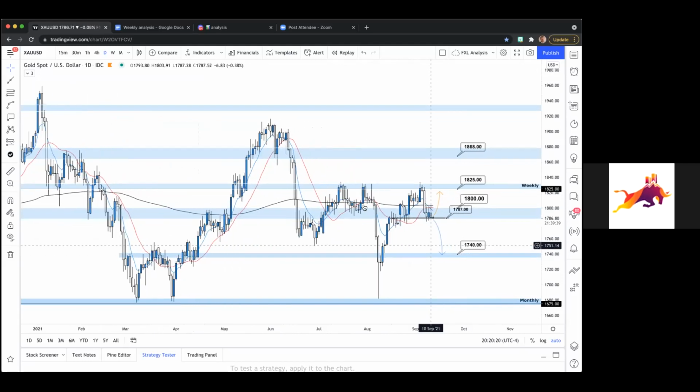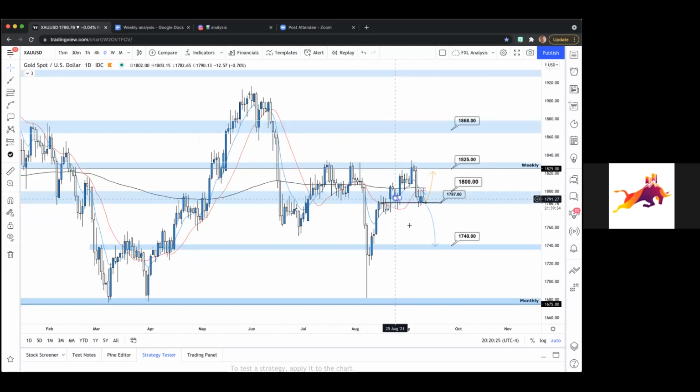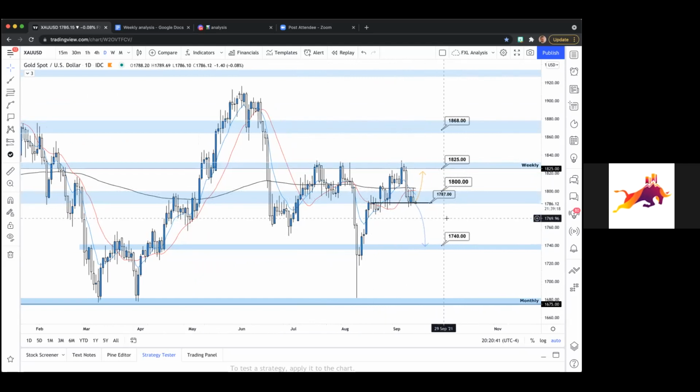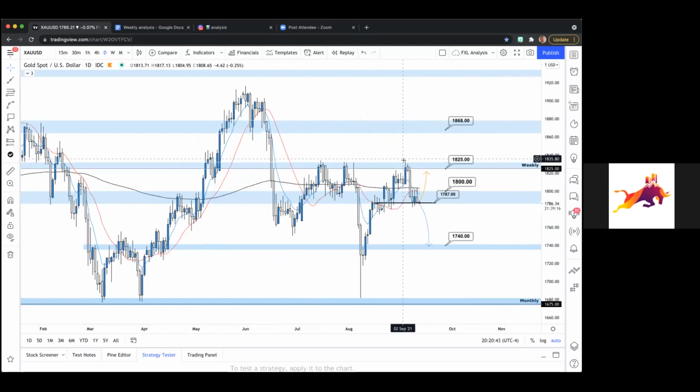Now you could trade the range. By all means, it's up to you. I personally like riding the trend. That's why I've been kind of on the bench with gold here. I haven't been trading it that actively because of all this ranging and just 1825 key resistance, 1800 key support. It's just not clear where gold wants to go yet, right? But overall, pretty bearish. Looking for this to kind of continue with this trend.